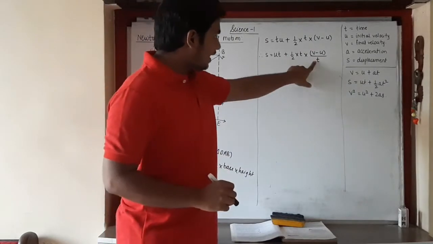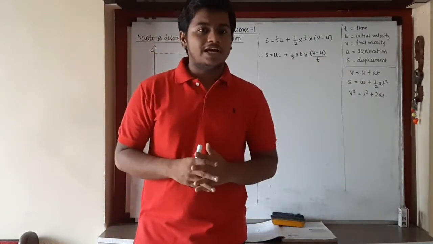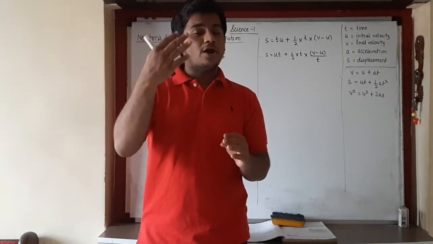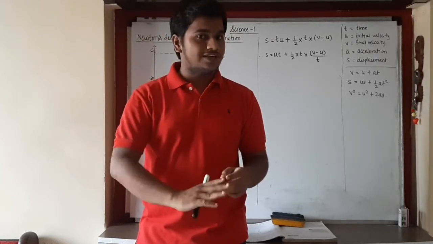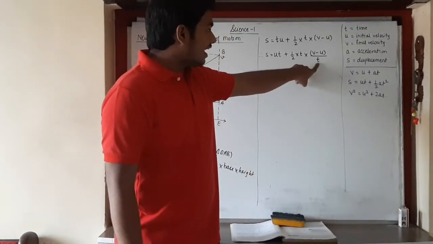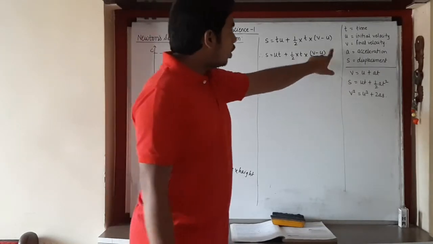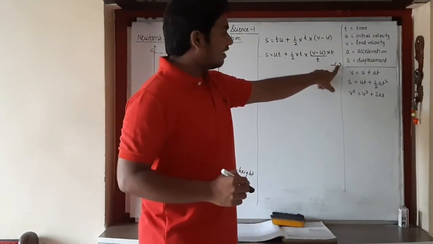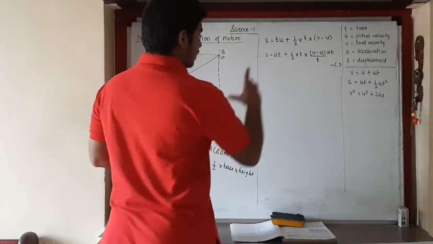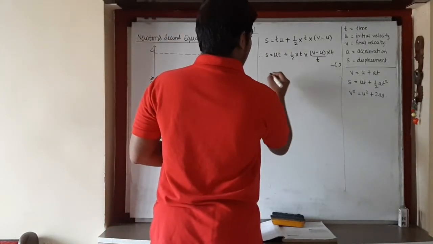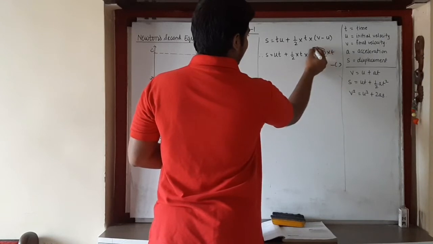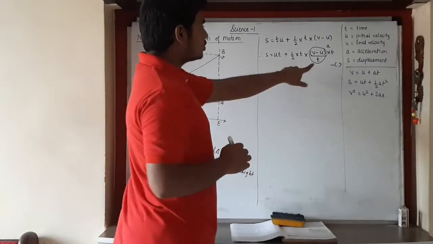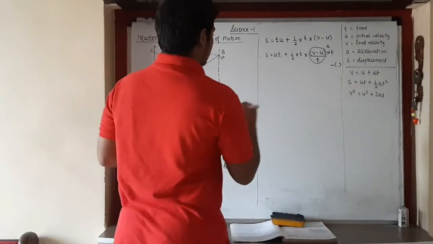Now while you are dividing by t, remember maths believes that whatever you do on the LHS should be done on your RHS, as well as if you multiply or divide a number in numerator, you should also do the same with the denominator. So here if we are dividing v minus u upon t by time, we also have to multiply it here. So you all will write here a reason, multiplying and dividing by t, that is time. Now what will happen is, have a closed loop. This entire expression will get converted into a, that is acceleration, because v minus u upon t is nothing but the formula of acceleration.